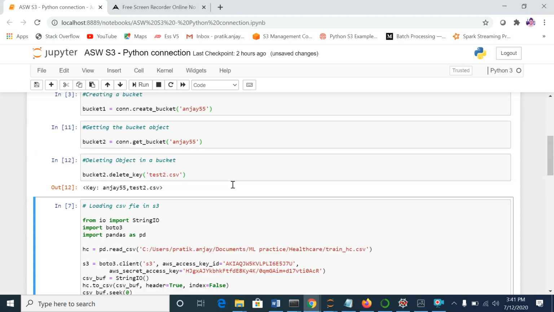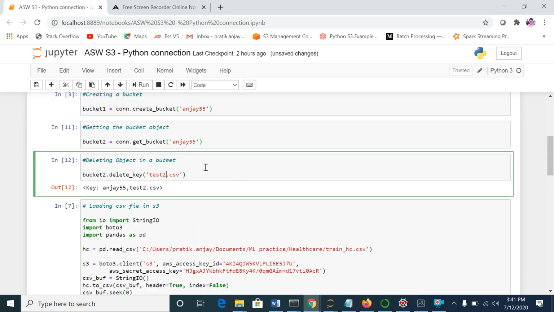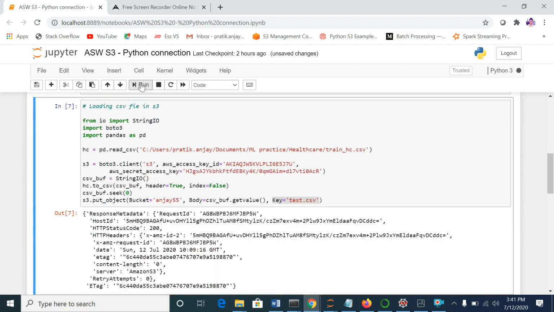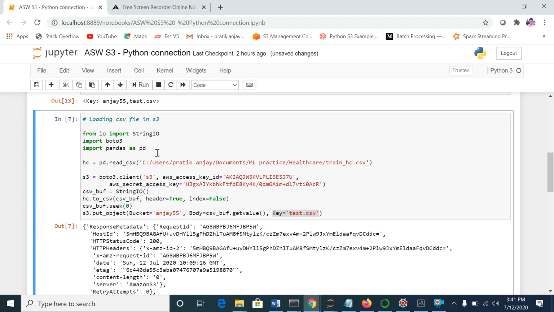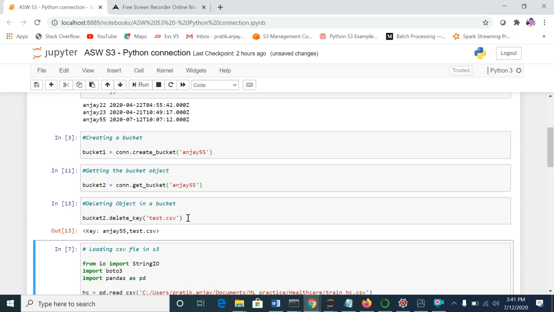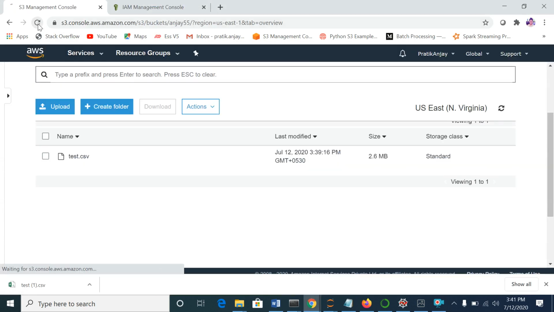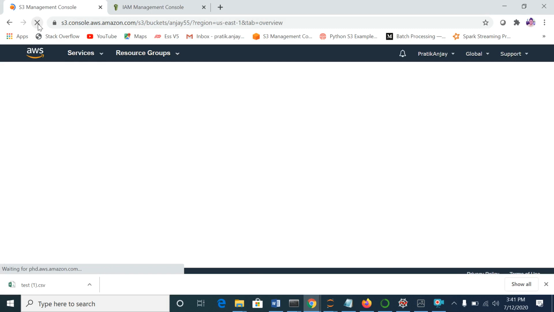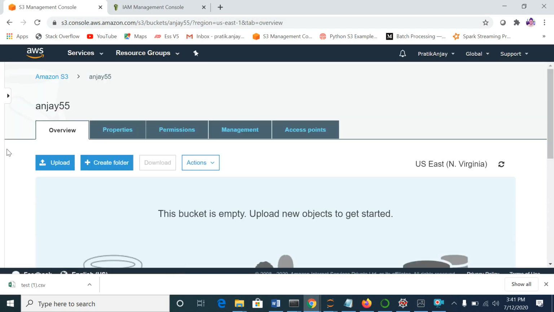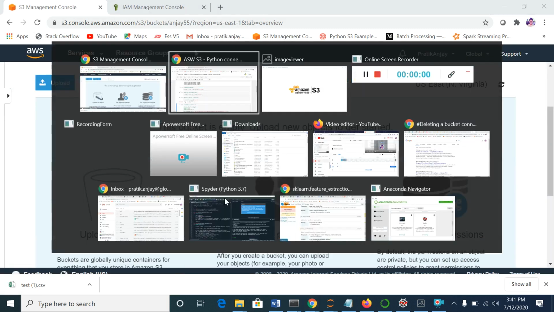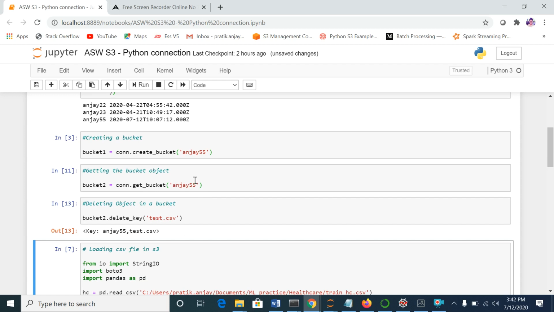I think something is wrong. Yeah, the name is not correct. Let me check again. See, your file is not available, so it means we have already deleted the file using my Python command.